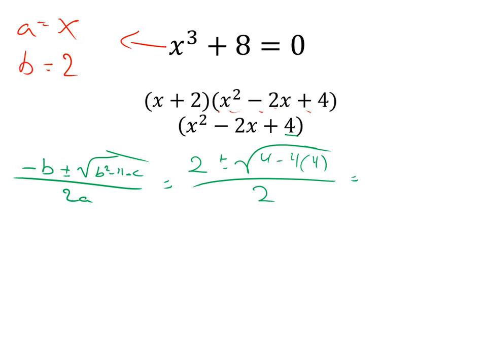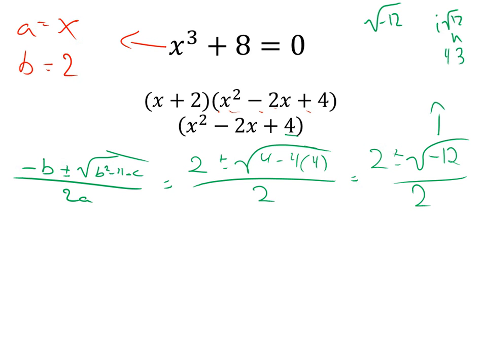So it looks like we'll be left with 2 plus or minus the square root of a negative 12, all over 2. Negative 12 is an imaginary number. So square root of negative 12, we would take the negative out, so we'll have i root 12. 12 breaks up into 4 and 3. 4 is 2 and 2. So we're left with 2 root 3. So our answer looks like it's going to be